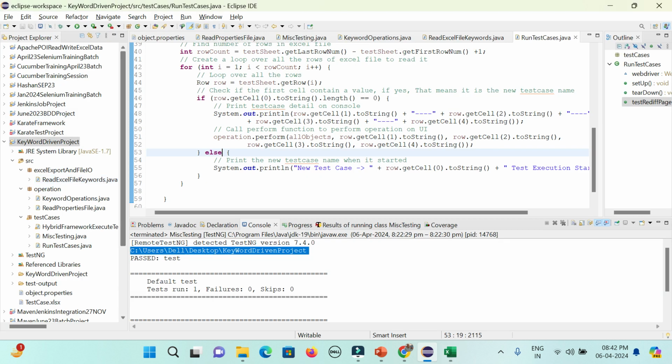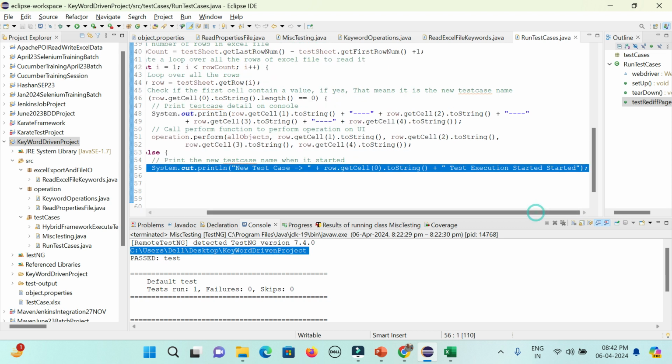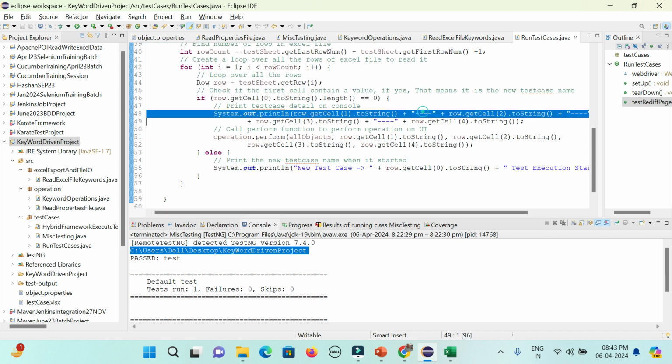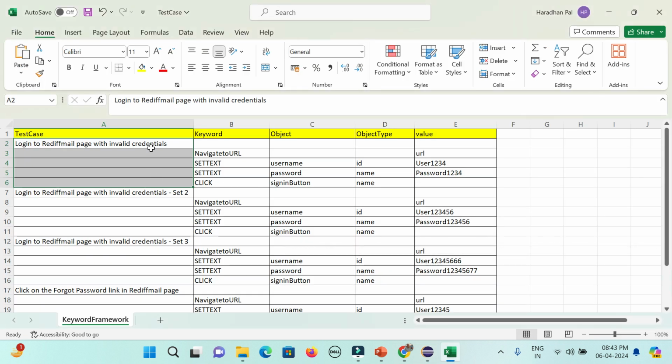So I just want to print out that's my new test case and the corresponding value of the cell, and I can mention the test execution started. So that is the way I have tried to define it. So it will perform the operation, it will print out every step operation, and in case it is a test case, it will not do any operation, simply print the value. In case it is a blank,